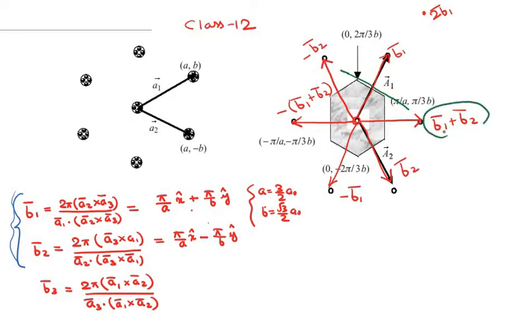Then the perpendicular bisector of B1 plus B2 is given by this line, the perpendicular bisector of B2 is given by this line, and of minus B1 by this line. Then the perpendicular bisector of this reciprocal lattice vector is given by this line here, and for minus B2 the perpendicular bisector is given by this line. The region enclosed by all these perpendicular bisectors constitutes the first